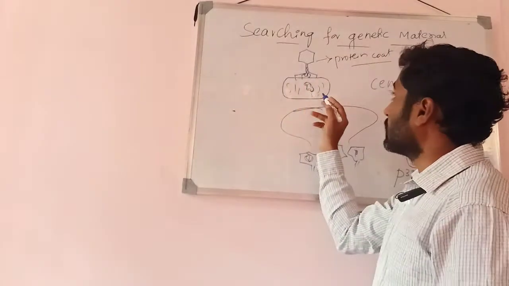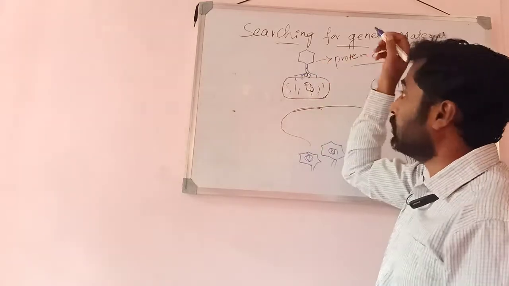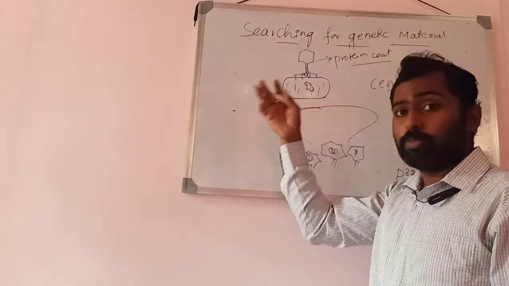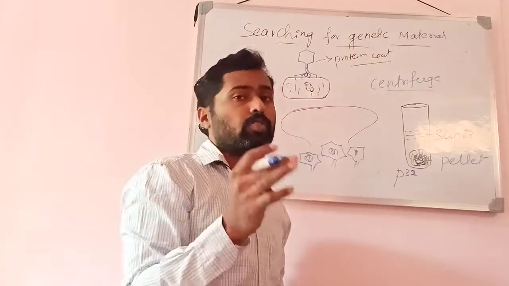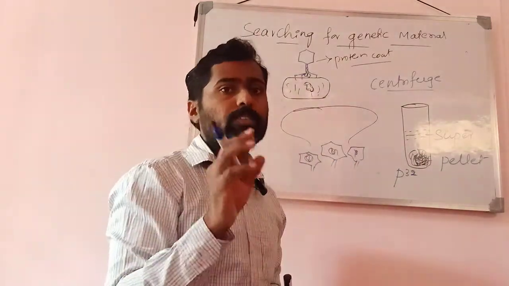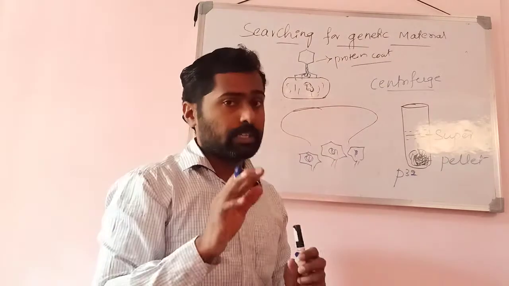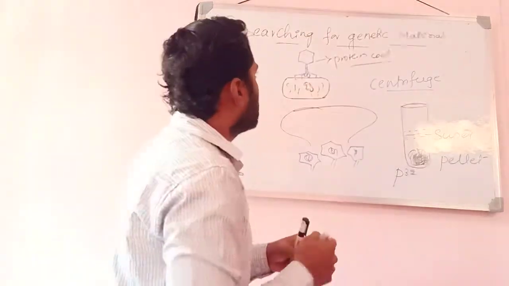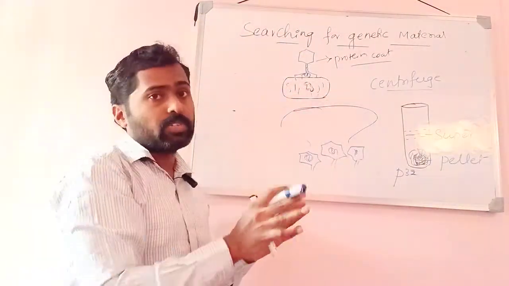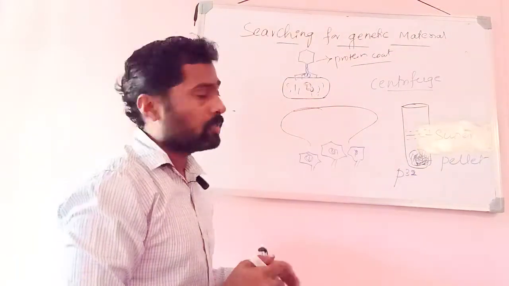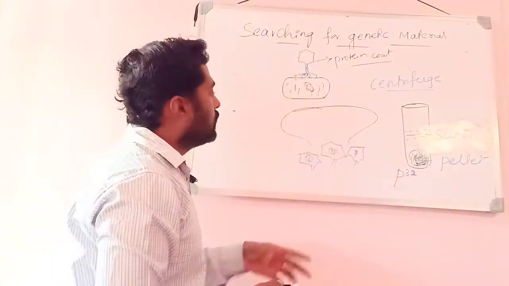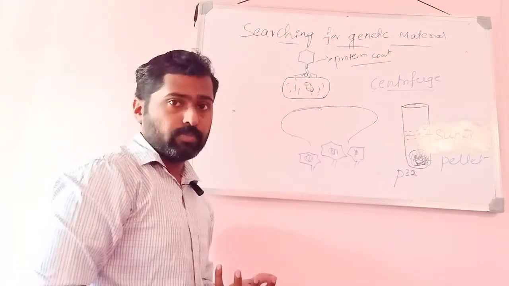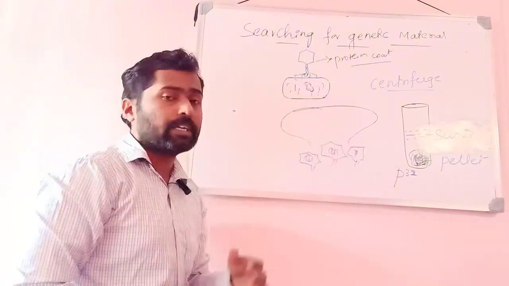The protein coat does not enter. Suppose the protein coat had entered and the bacteriophages had multiplied along with that protein coat, then even the supernatant would also show radioactivity, since a radio-labeled isotope was used. But what happens is that the protein coat remains outside and does not enter the cell, only the DNA enters. That DNA multiplies inside the bacterial cell. The new protein coat is produced by using the metabolic machinery of the bacterial cell.